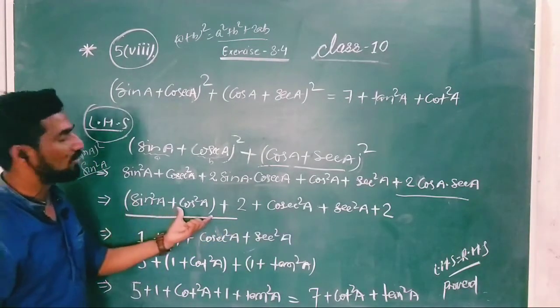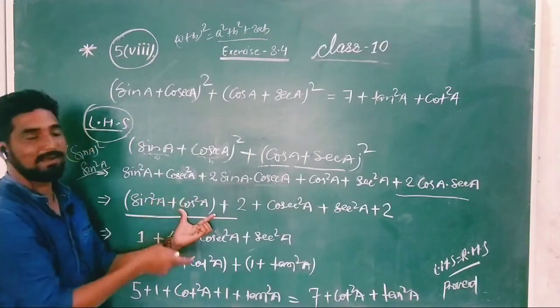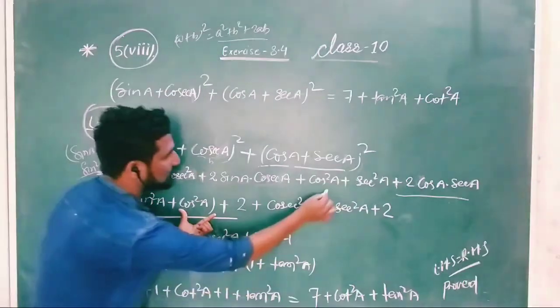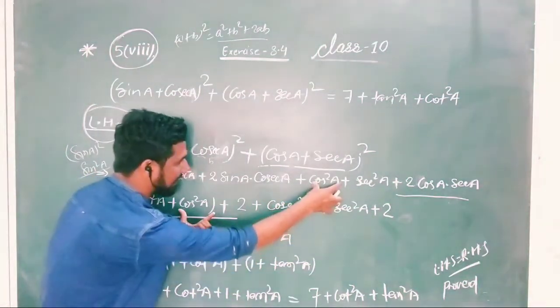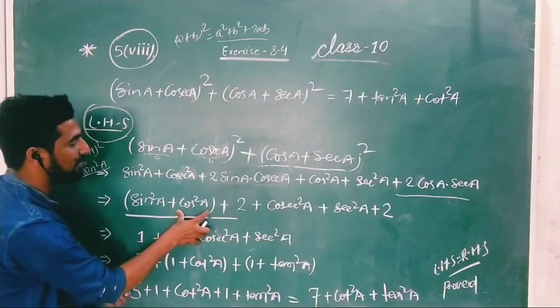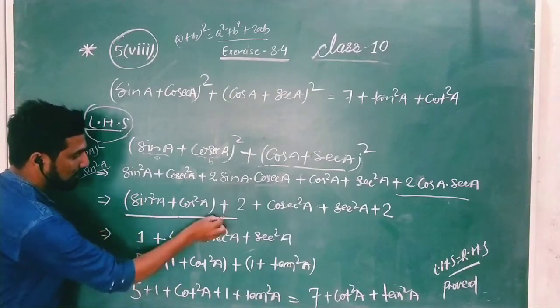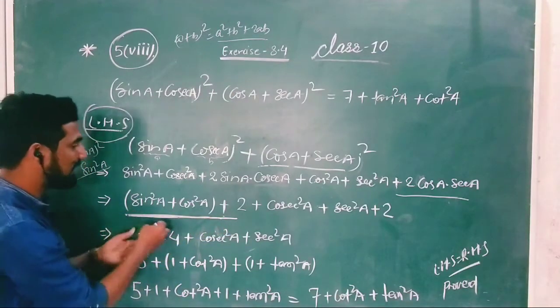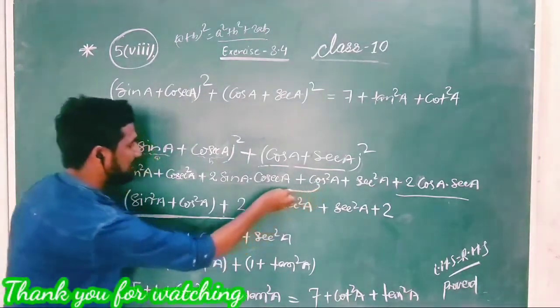Sin square a plus cos square a, but it was not there; it was cosec square a. I have not changed this. I have taken this cos square a from here and, by arranging, just written this cos square a at second position. So sin square a and cos square a I have written and taken in a bracket. And why I have taken it, you must know this is one formula, so I will tell you later. Now sin square a I have just written, and cos square a I have taken from here.